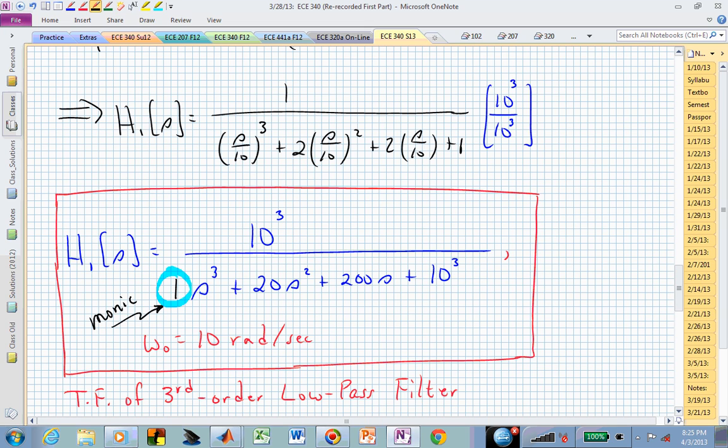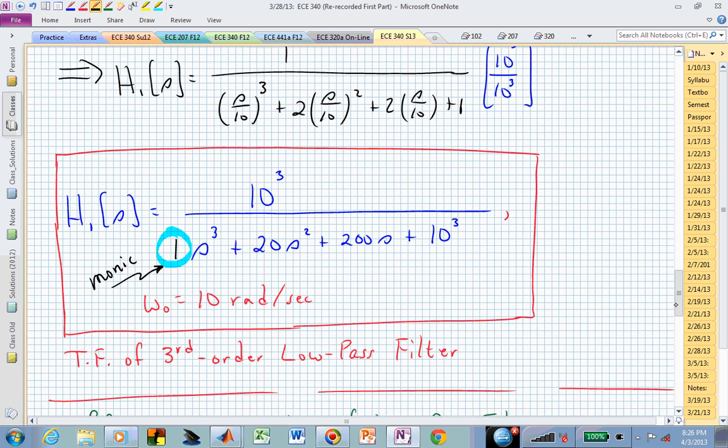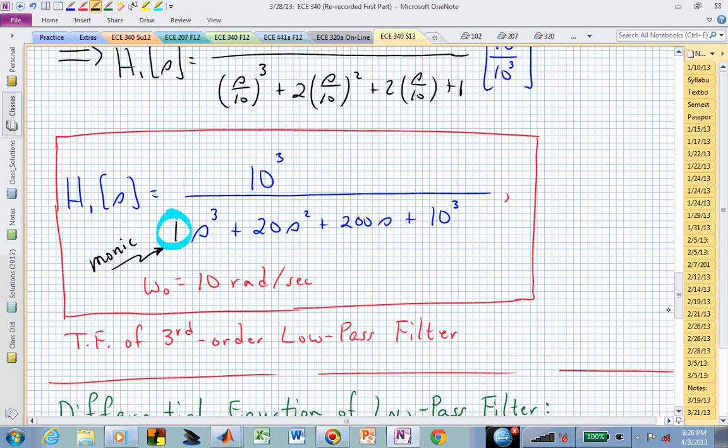third order low pass filter with a bandwidth of 10 radians per second for our design. And that wasn't that hard to do. We simply had to figure out how our poles were separated based on the order of the filter. We create this normalized filter. We frequency scale that filter, and now we have our low pass filter that we can play with or use